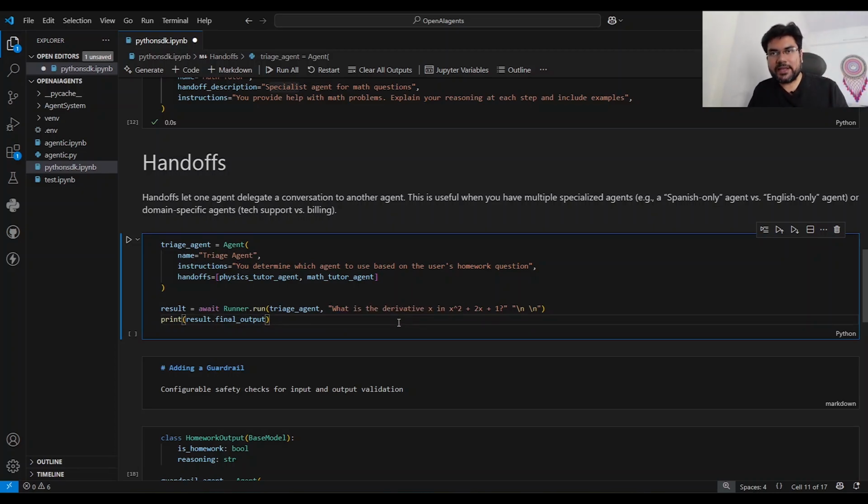Now the triage agent is going to determine which agent to use, and then it will in turn delegate to that agent. In this case it is clearly a math problem. Let us see if my triage agent identifies it as a math problem and sends it to the particular agent or not. So let's run this,